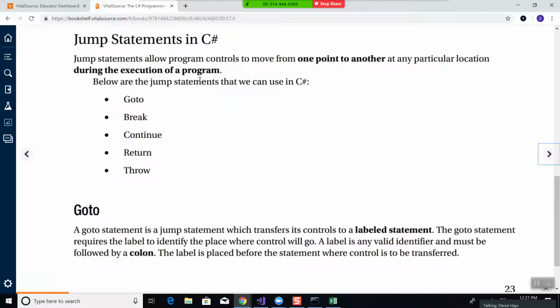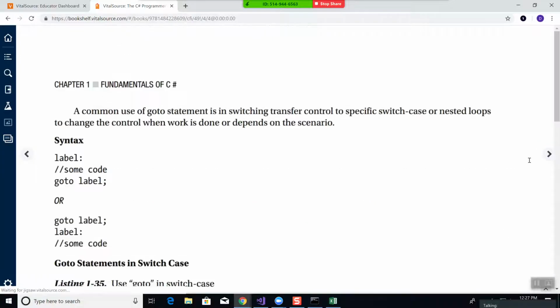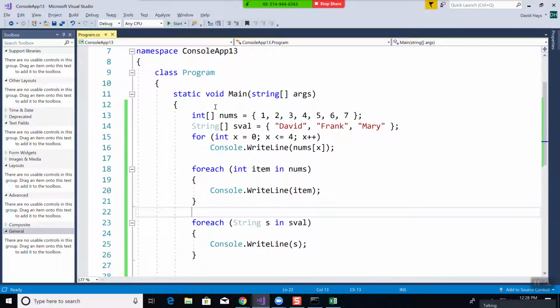You have some jump statements in C#. There's goto. Don't use this. It's a horrible programming construct. It's where you put a label of some sort with a colon, and it doesn't have to be called label. And then somewhere in your code, you do a goto to it. Like here,